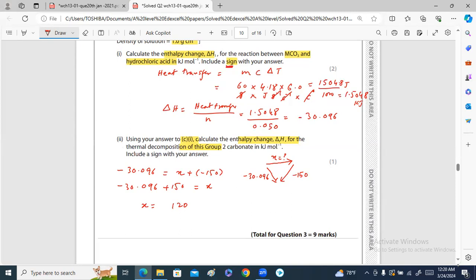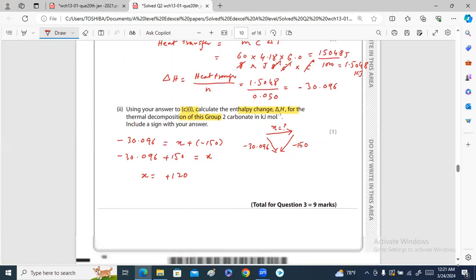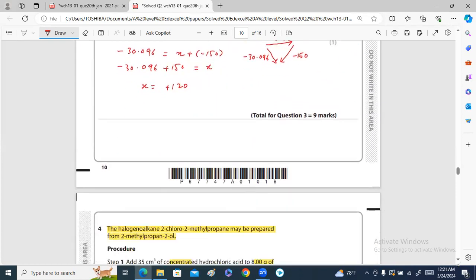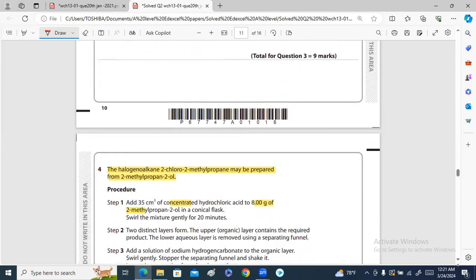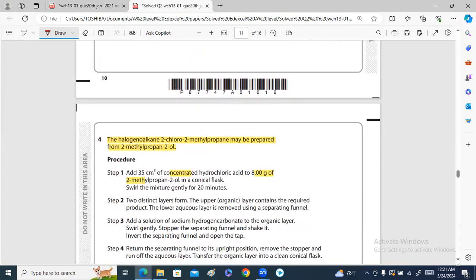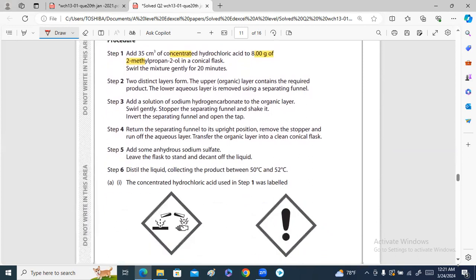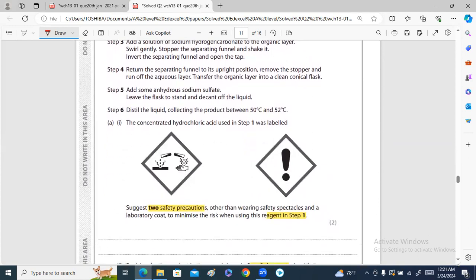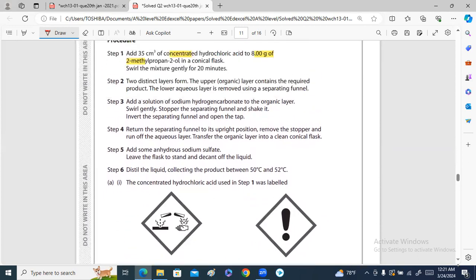And this answer is positive. So this enthalpy change is positive. Okay, now there is another question. Now this question is,